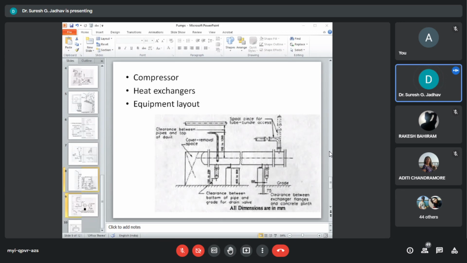Then we'll apply some general concepts for locating the heat exchangers. The first concept is that a heat exchanger should be located adjacent to the related equipment. For instance, reboilers should be located attached or next to their respective towers. Condensers should be located next to the reflux drum close to the tower.